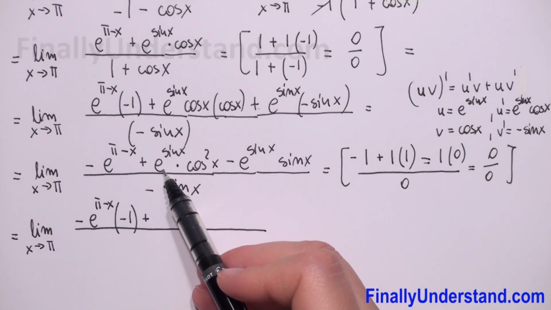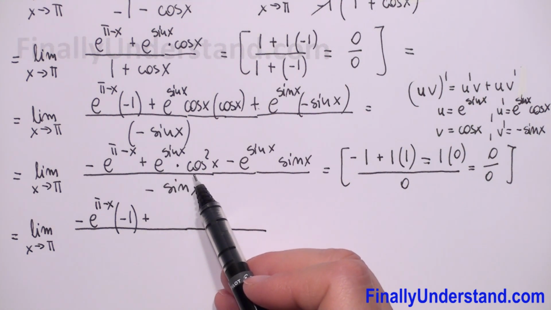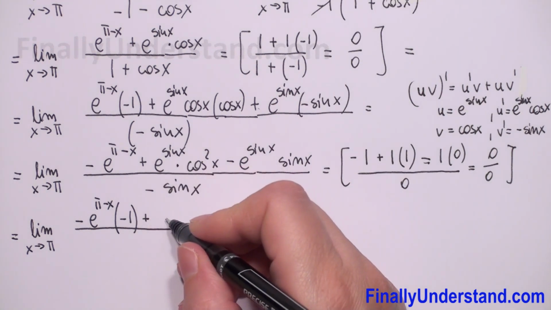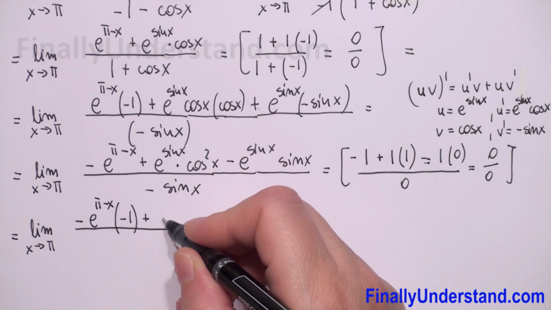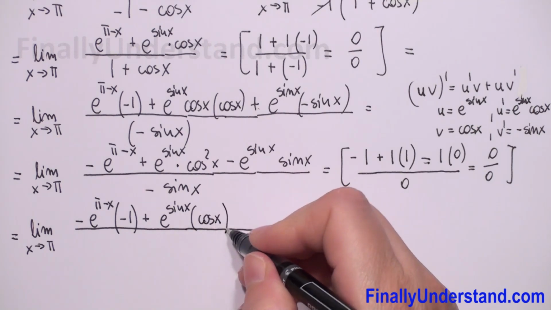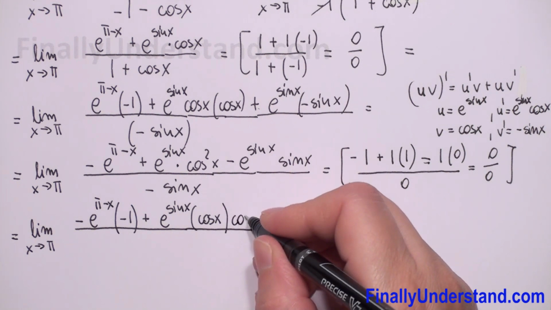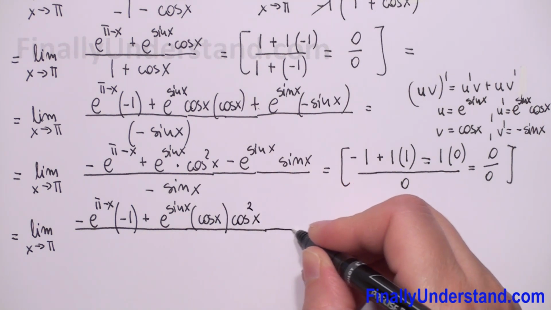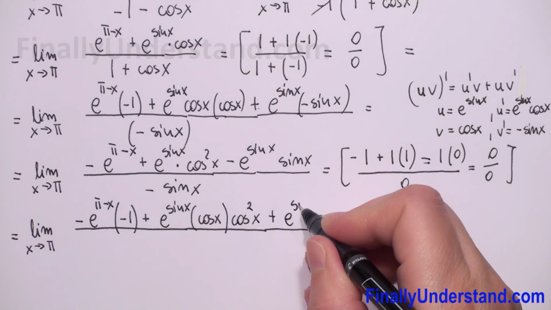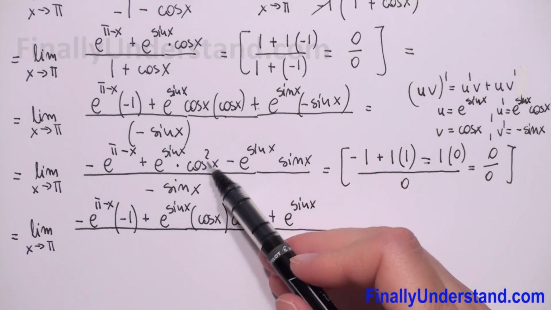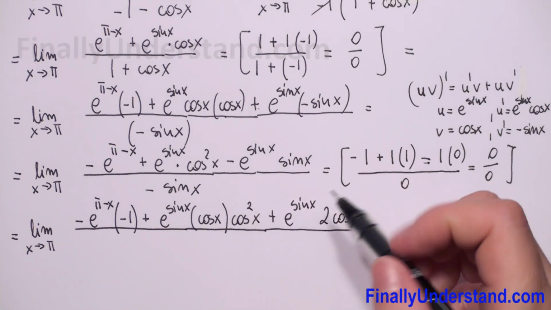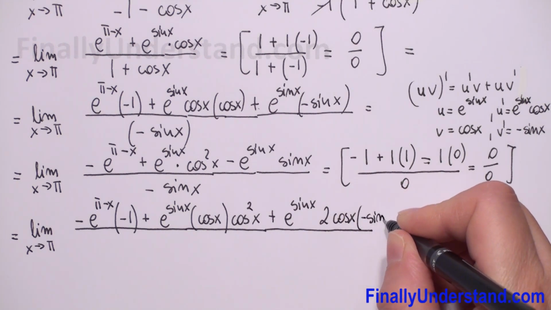We have u equals e to power sine of x, and v is equal cosine square of x. So first we have derivative of e to power sine of x. Derivative of e to power sine of x is e to power sine of x times cosine of x times cosine square of x, we have to just copy, plus, now we have to copy first part, this is e to power sine of x, and derivative of cosine square of x, 2 times cosine of x, times derivative of cosine is negative sine of x,